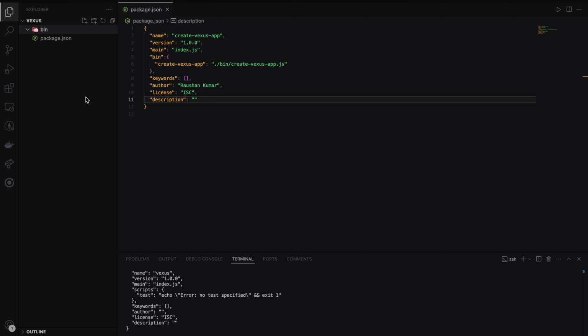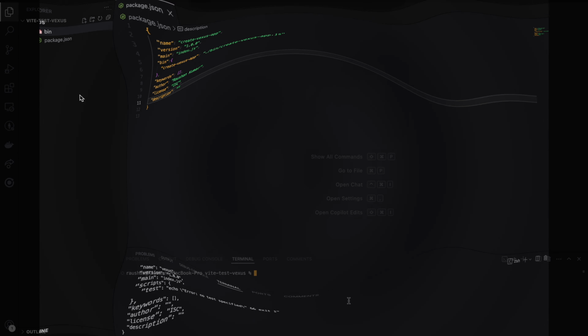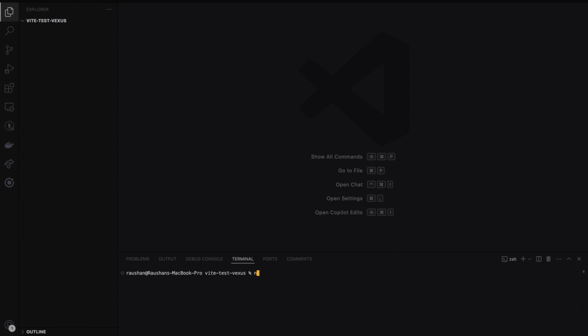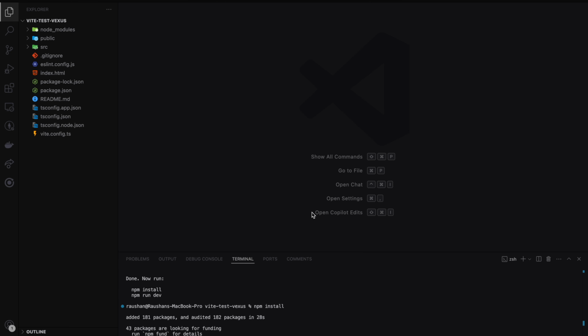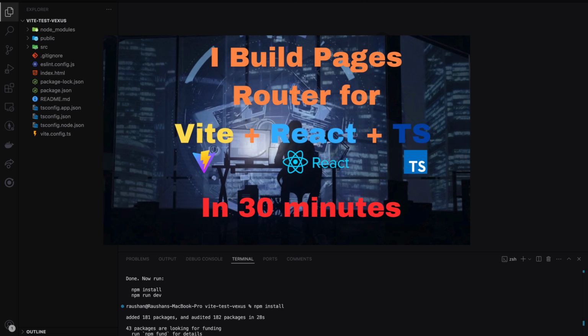Before creating the Vexus app, I need to create a React router. First of all, let's check out how the React router works in a Vite app. In this empty project, let's create a Vite app. For that, npm create vite@latest, and I'm going to use React, in the root folder, with TypeScript. Then directly npm install, and I already created a React router as a pages router